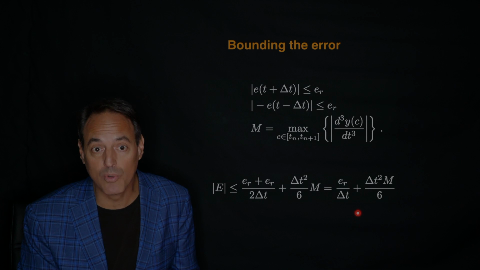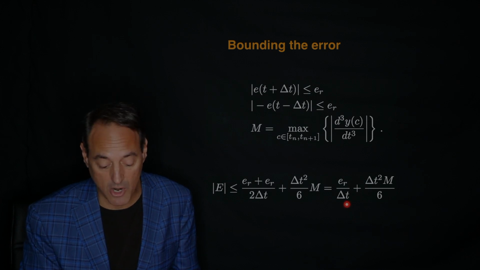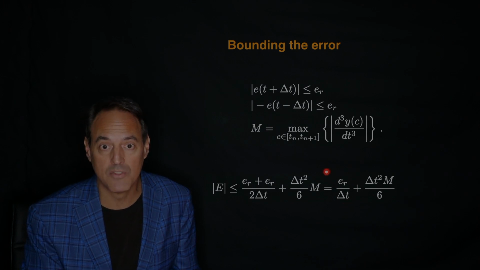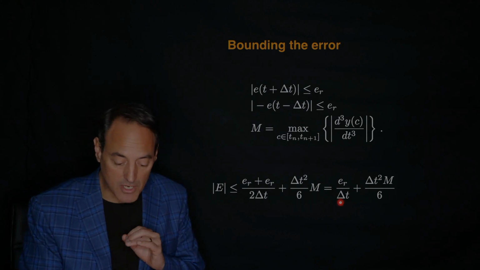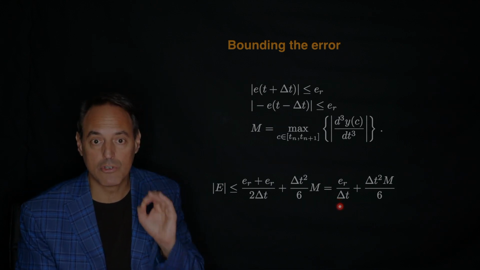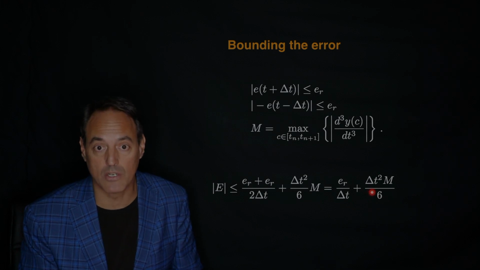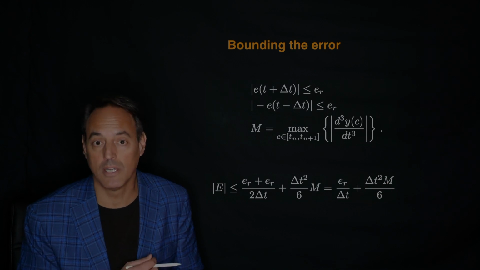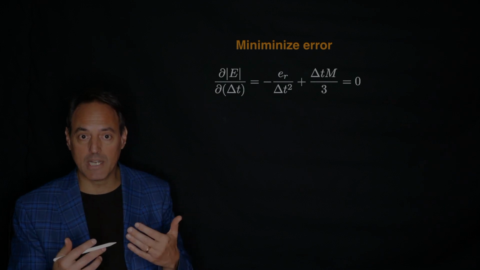Now notice one really important piece here. On the bottom of this, you have this e to the r divided by delta t. So as delta t goes to 0, this term here blows up. This term here appears due to numerical round off, whereas this term here goes like delta t squared. So as delta t goes to 0, then this term gets smaller and smaller. Okay? So what this means for you is that if you were to actually try to minimize the error, then